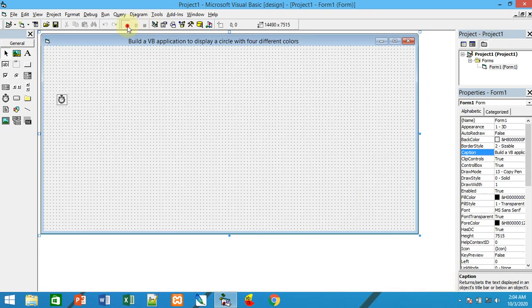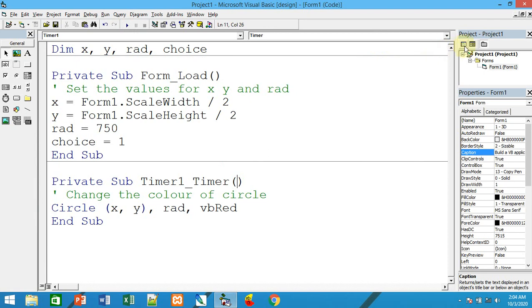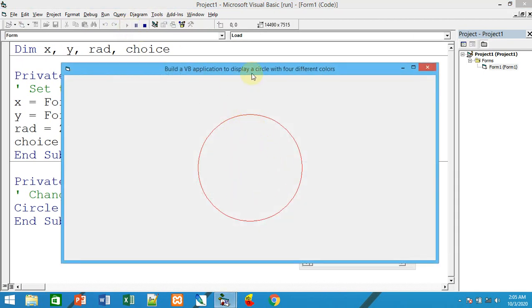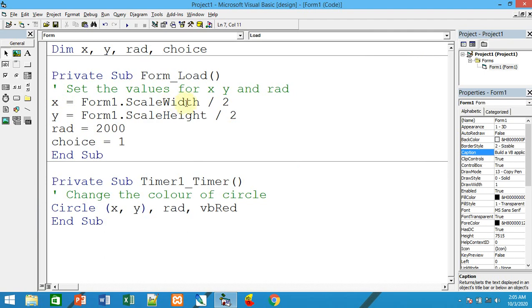Of course, you can change the radius, I think it is better to make it 2000. 2000 means exactly at the center, horizontally center and vertically center. So according to x axis it is center, according to y axis again it is at center. X and y coordinates, scale width, scale height.